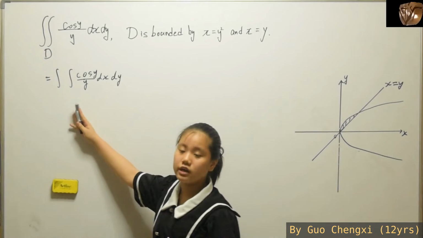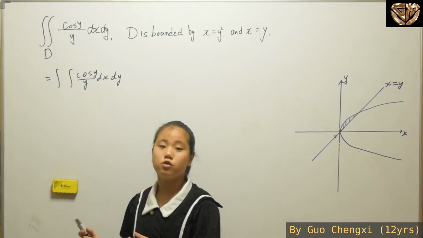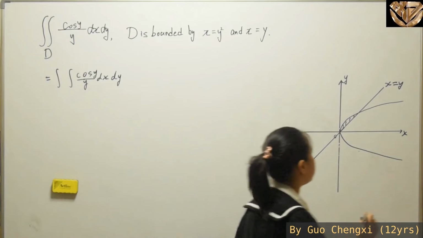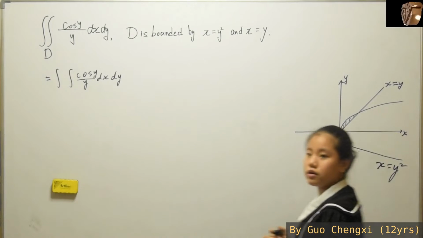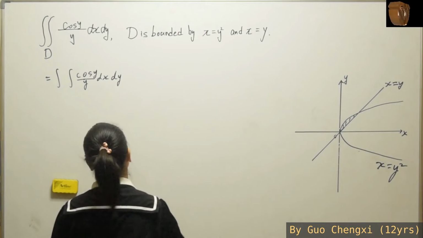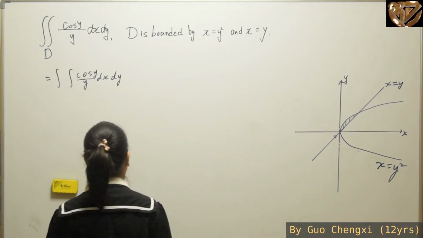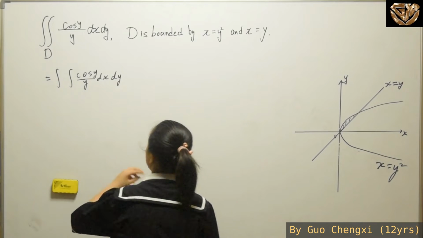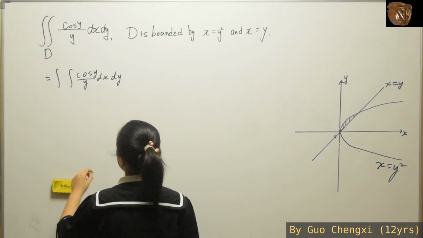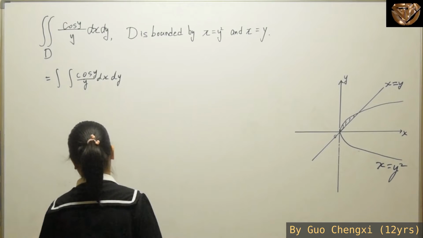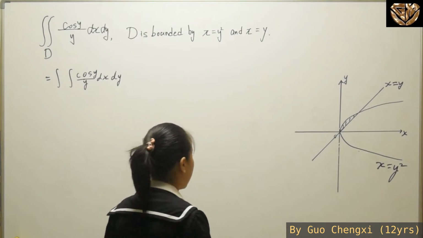Well, if you integrate with respect to y first, you actually, whoops, I didn't write the function over here. X is equal to y squared, okay? And for this part, if you integrate with respect to y first, you're going to have something that you cannot solve. And since you cannot solve it, then obviously you would do it with respect to x first. So when we do it with respect to x first,